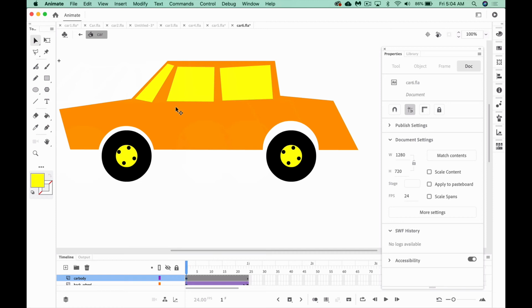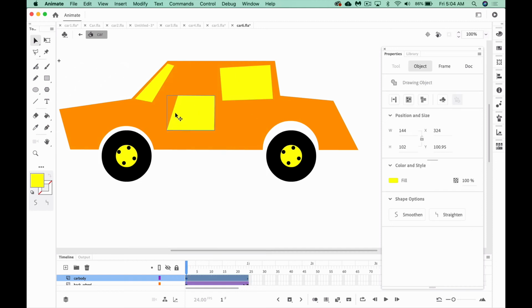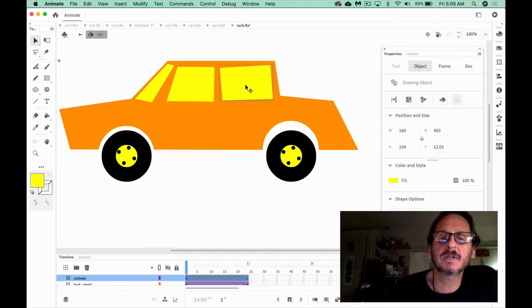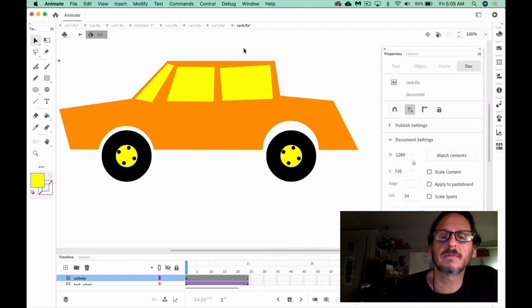The orange part of my car had been two rectangles originally, and I'd merged them by working with the original drawing mode, the merge mode that we got used to. But now that these are drawing objects, I could move things around freely without anything making a hole in anything. I could use the black arrow to make changes to objects, provided they're not selected. I have to click off of it, and then I can get corners and move them around.